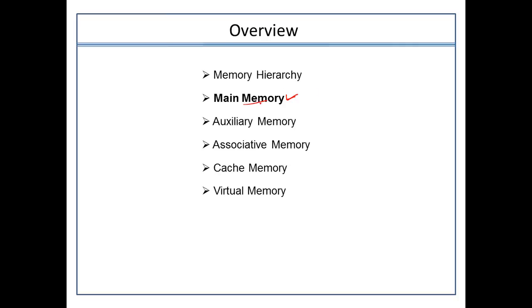The idea is that main memory consists of a RAM chip and a ROM chip. In the previous session, we discussed what the RAM chip and the ROM chip consist of. In the case of ROM, you can only perform the read operation. You cannot perform the write operation. But in the case of RAM, you can perform both read and write operations. We also discussed how the chips are selected from RAM and ROM whenever we are considering the main memory topic.